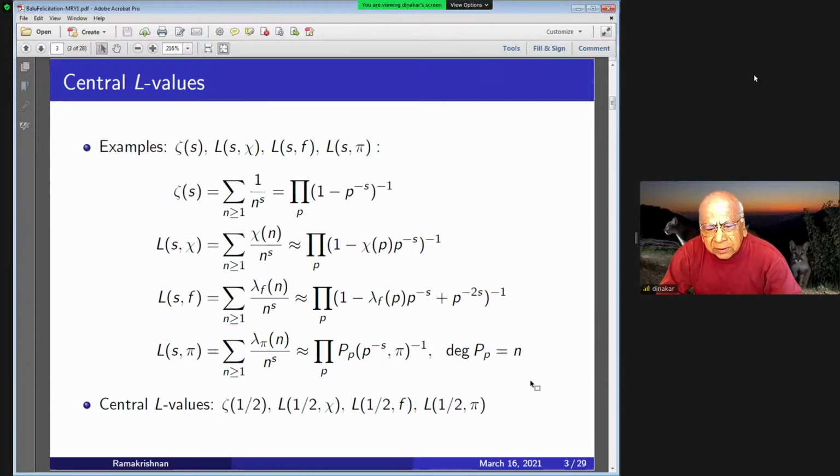so it has degree 2, and then in general, we'll have degree n. For pi, which if you think of as in GL_n, it's degree n. And whenever we go to GL_n, it's easier to think of automorphic representations for me. For GL_2, you can think in either case, either form. And then we are interested in the central L values here. Okay,